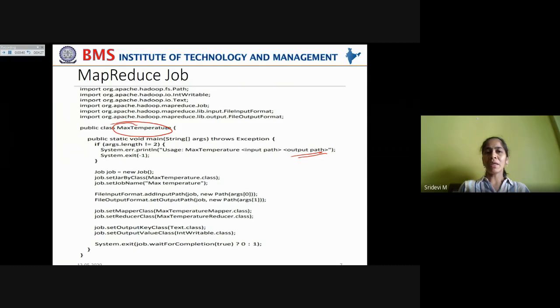Though the mapper is like an intermediate class where the data is not written anywhere, just carried by the context object, you have to write the output of the reducer class to some file on the HDFS cluster. That is why we need to mention the output path. Input path is from where you are taking the input in order to process, and the output path is the file to which you are writing the reduce class's output, or reduce function's output.